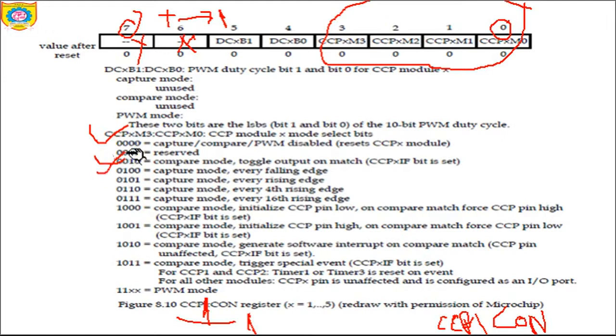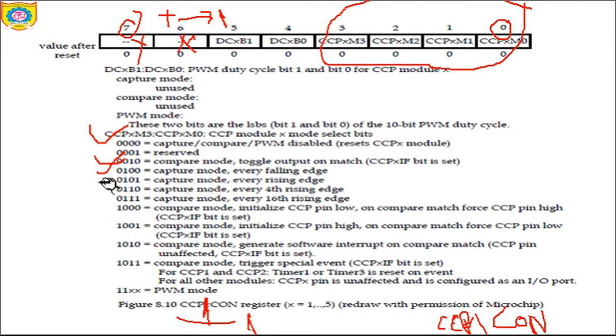Then if it is 0100, it is a capture mode. Capture mode is used for finding out the time delay between the occurrences of two events. You may capture on the rising edges of both events, or on the falling edges of both events. So if it is 0100, it is a capture mode on every falling edge, meaning you find the time delay between falling edges.